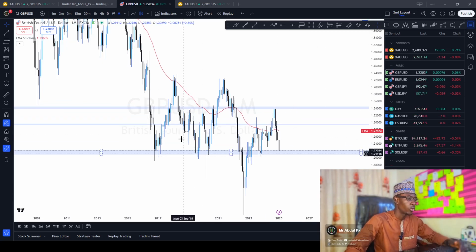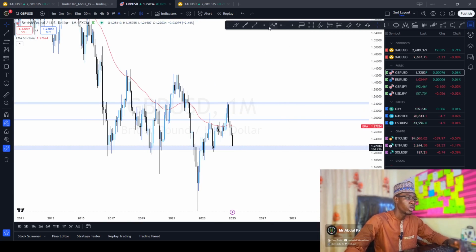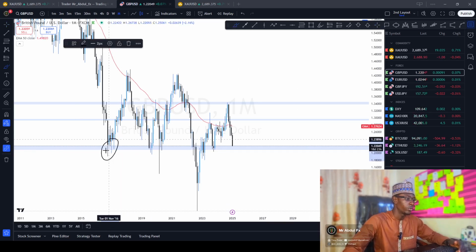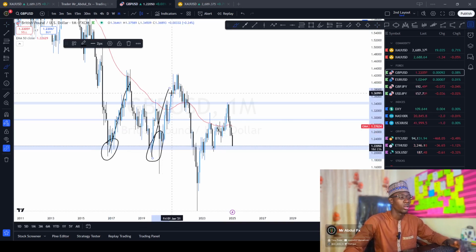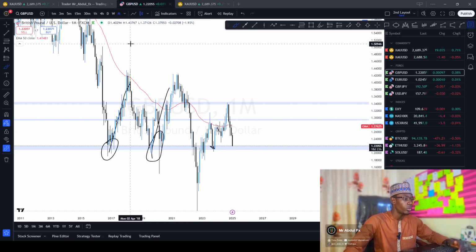I always say every line on your chart is supposed to tell you a story. The story of this rectangle is that it acts as an area of support, and every time price touches it, it fails to break. First touch, failed to break, moved up. Second touch, fails to break and then pushed up, and then here also fails to break and then pushed up. With that alone, I'm expecting that